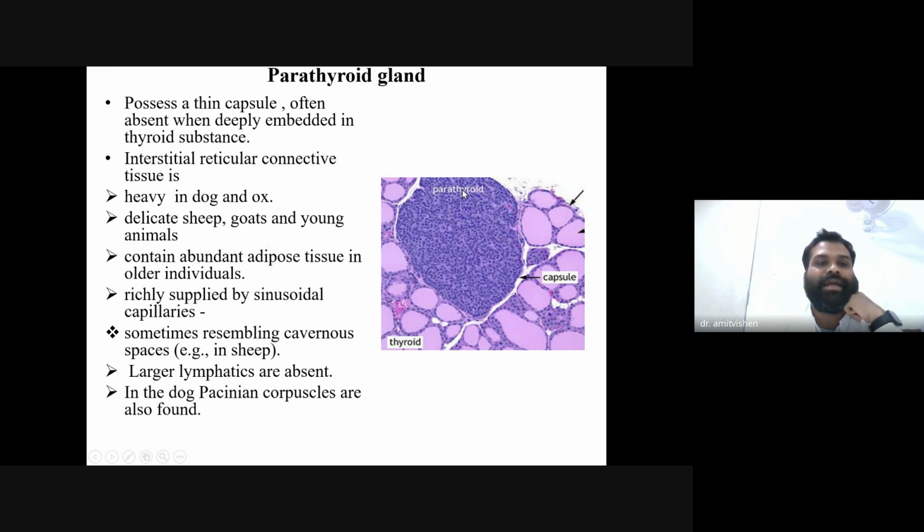You can see this is the parathyroid gland, but this is the thyroid gland. This parathyroid gland is surrounded by a thin capsule, and it is made up of interstitial reticular connective tissue. The interstitial reticular connective tissue of the parathyroid gland is very heavy in case of dog and ox, and it is very delicate in case of sheep, goats, and young animals, and it contains abundant adipose tissue in older individuals, and some larger lymphatic